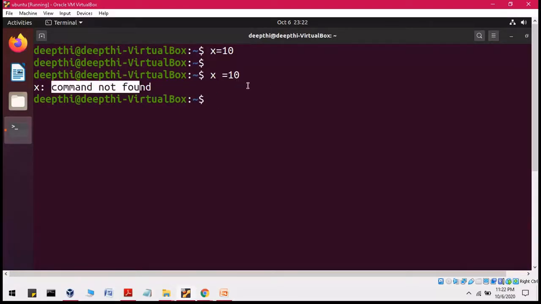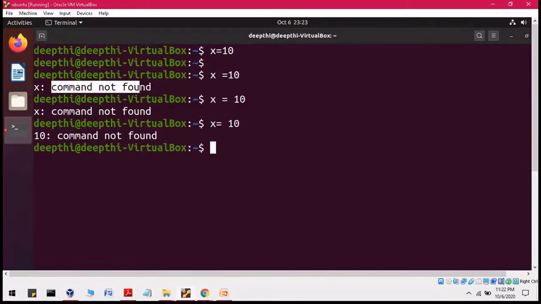So this is an incorrect way of assigning the variable. If you put two spaces, or a space on the other side, again it is going to give you an error.